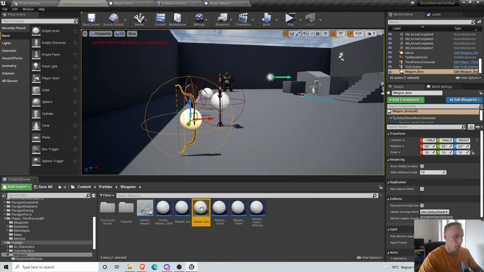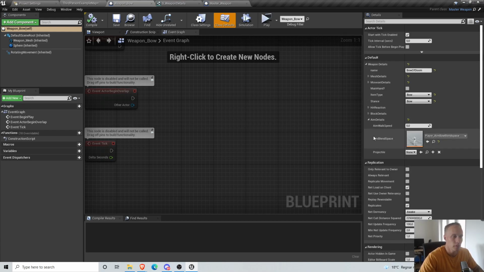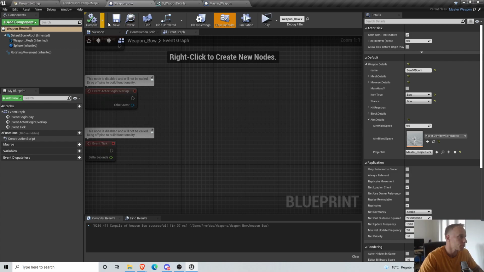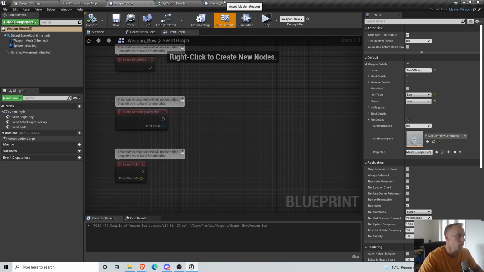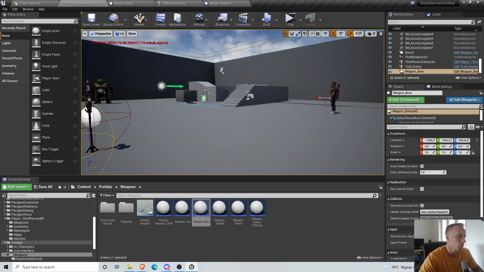Then we go into our bow and we set the details. We set the projectile. I'm just going to do master projectile now, but you can obviously have children from the master projectile. And the reason is because then when we go into our player,